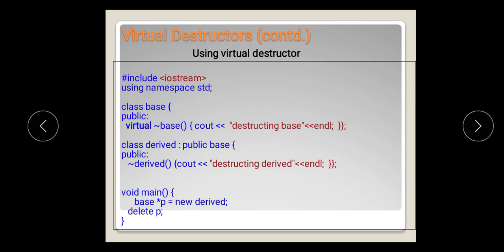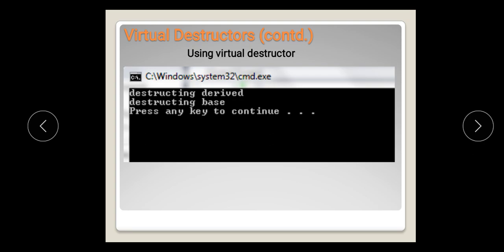Here I am showing the same program again using the virtual destructor. In the same program, I simply add the keyword virtual in front of the destructor of the base class. Hence, this function becomes a virtual destructor. Now, when we create the pointer of the base class and pass the reference of the derived object, both the functions are executed. Whenever the program finishes, first it will delete the object of the derived class, that's why it says destructing derived, and then it will delete the object of the base class, that's why it says destructing base.